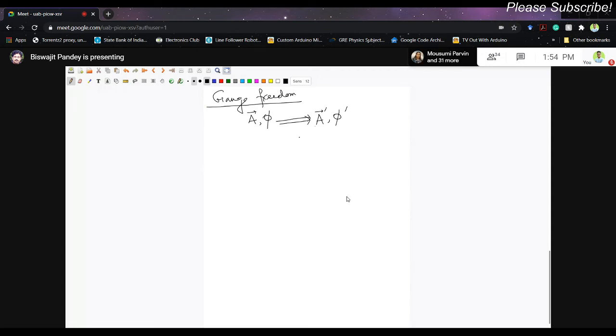So how do you get electric field and magnetic field from the potential? Simply by taking curl of A, you get magnetic field, and taking the gradient of phi and adding minus del A del t to that will give you electric field. So if you do the same operation on the potential on this side and this side, you should get the same electric field and magnetic field, right? E and B, right? So we have the same relation, that is B equal to curl of A and E equal to minus grad phi minus del A del t, and this operation will give you back the same electric field and magnetic field.